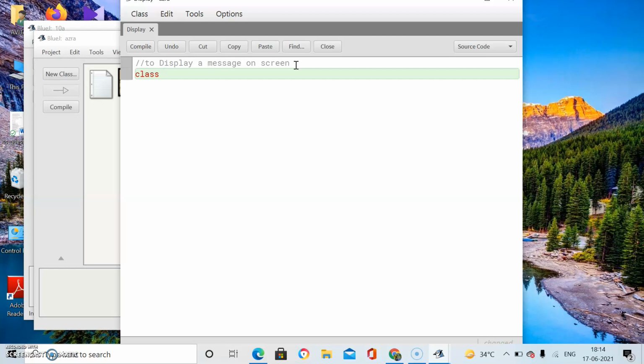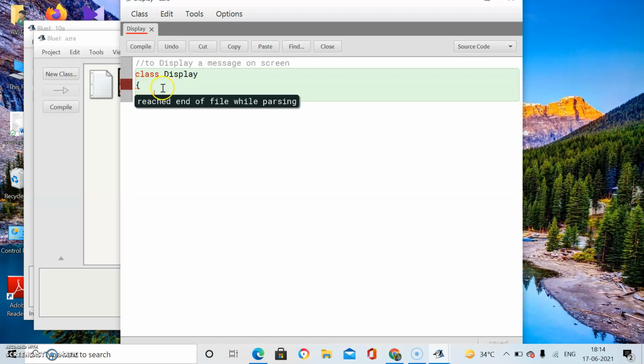What name we have taken? Display. I have taken D capital in the class name earlier when I was creating the class. So the spelling will be the same, the cases will be the same. Case means lowercase, uppercase. Lowercase means small letters, uppercase means capital letters. Java is a case sensitive language, it treats small and capital as different entities. Now press enter. Then opening curly brace. This is to show the beginning of the class.